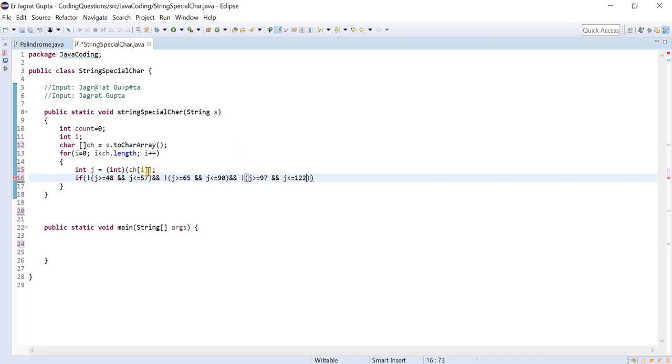So numeric value we have incorporated, uppercase we have incorporated, lowercase we have incorporated. The only thing is white space. So the ASCII value of white space is 32 that you need to incorporate.